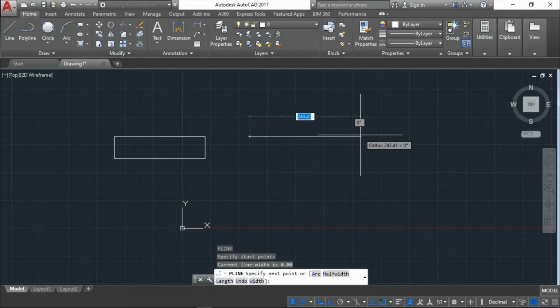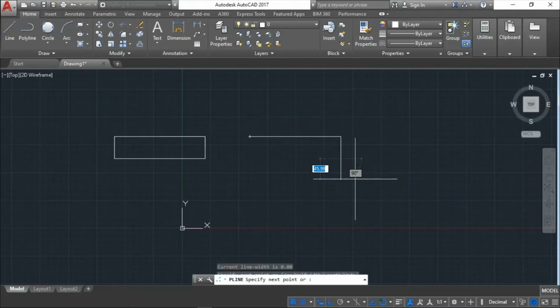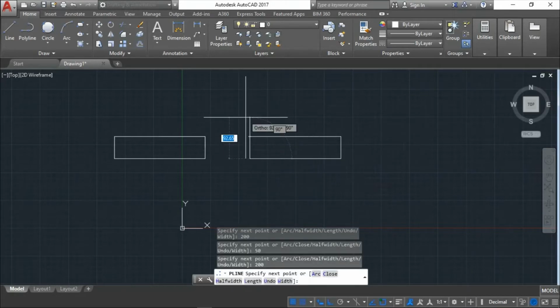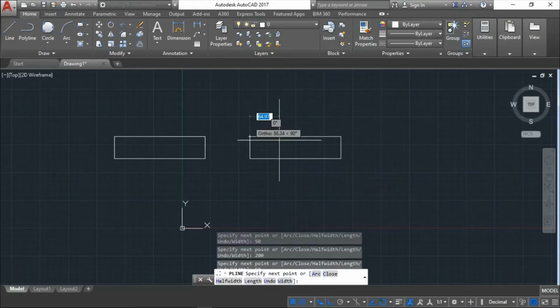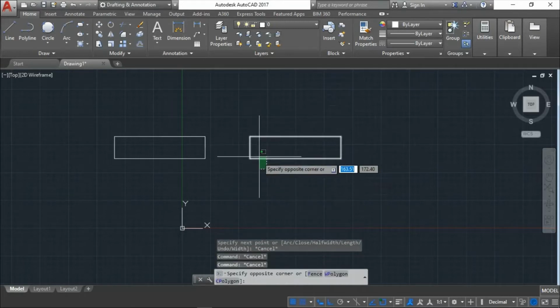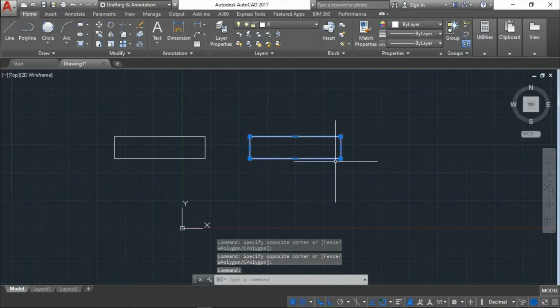Again I am drawing a line of 200 mm, enter, then 50, again 200, again 50. Both are lines, but see the difference: now I am pressing this line, and the entire rectangle has been selected.